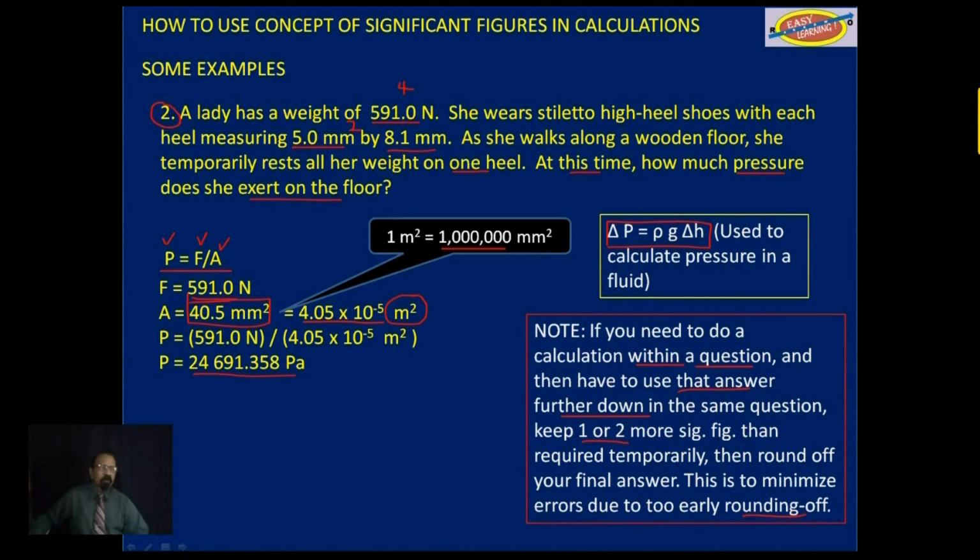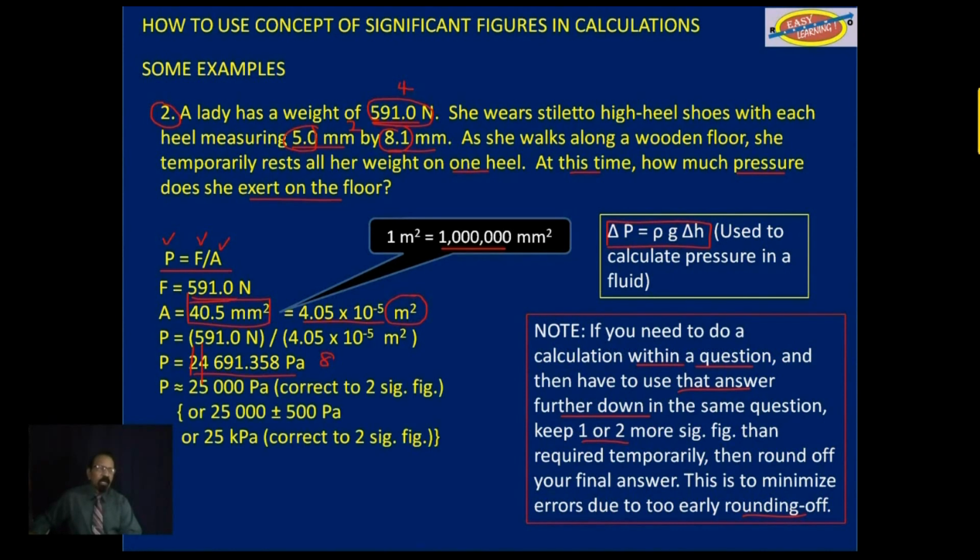Now, obviously, we have a little problem here because we have 4 significant figures in the first number and we have 2 in the other, but our answer has 1, 2, 3, 4, 5, 6, 7, 8 significant figures. Again, if you do that, CXC will deduct a mark because you have too many significant figures. So you have to round this off to 2 significant figures. So you count 1, you count 2, and you round off at that